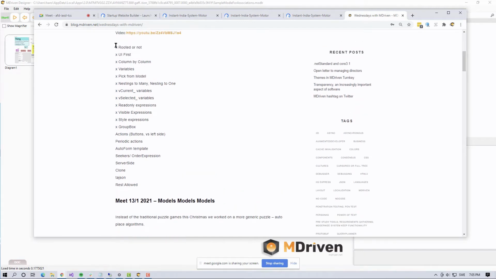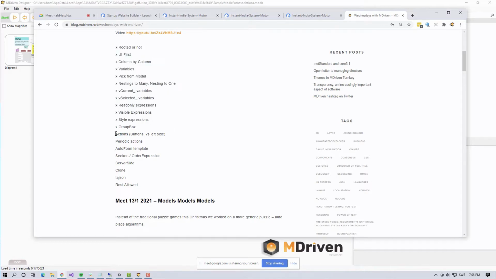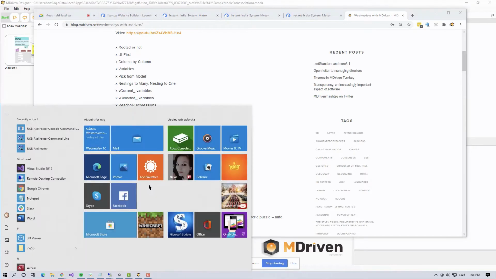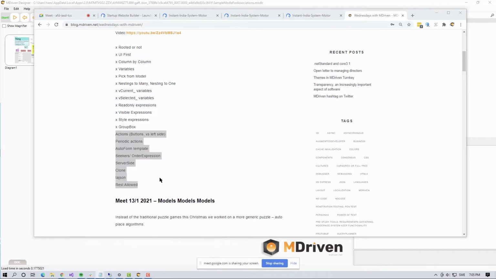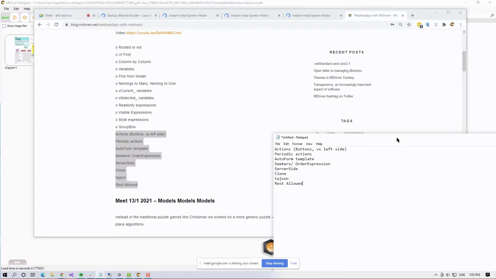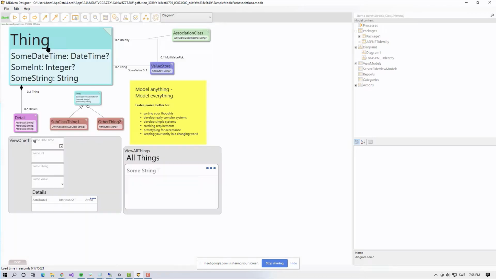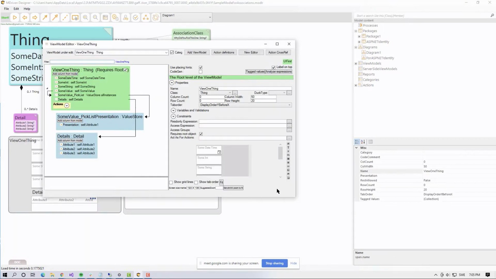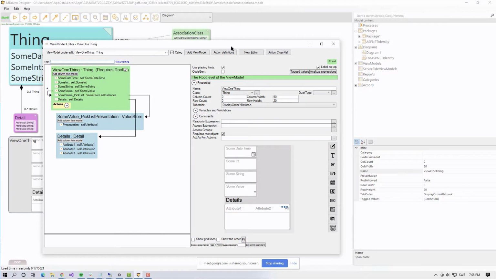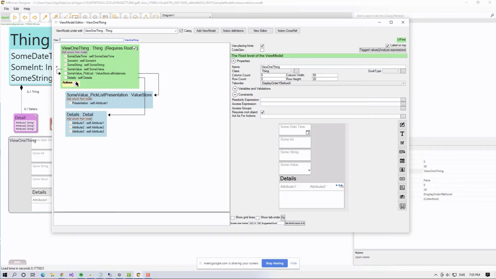So we went through a lot of the features in the View Model Editor, but time ran out, so there's still some to go that we could mention and talk about. And of course the one thing is the actions. Just to not complicate things, we can use the standard model. And actions,